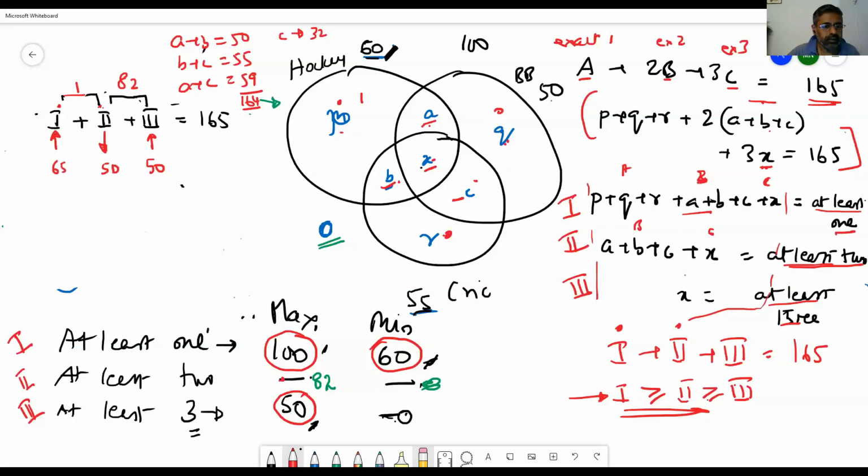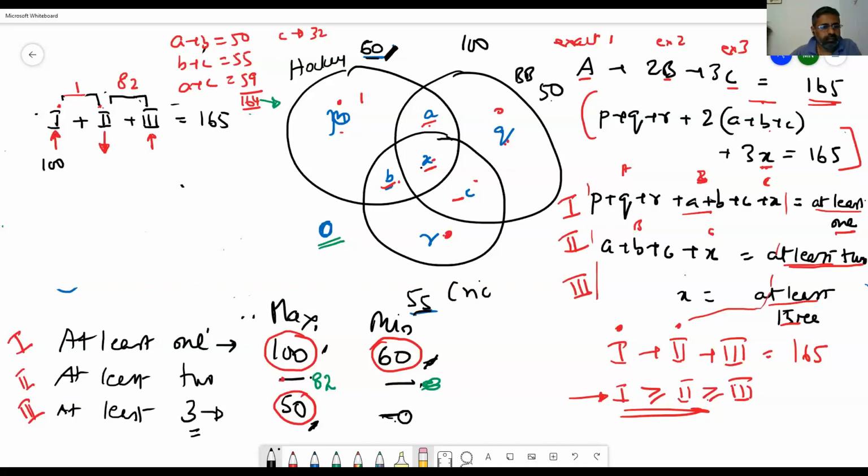But that is not going to give you a minimum value. Can we have a value less than 50? Which means one approach would be to take this as 0. You have to try 1 or 2 methods, but then it can be done much faster. So one way is maximizing this. Let's take this as 100, maximize it.